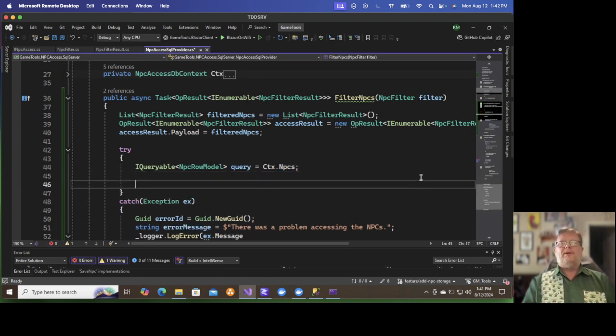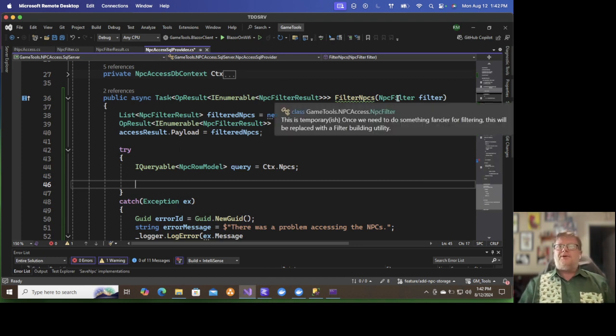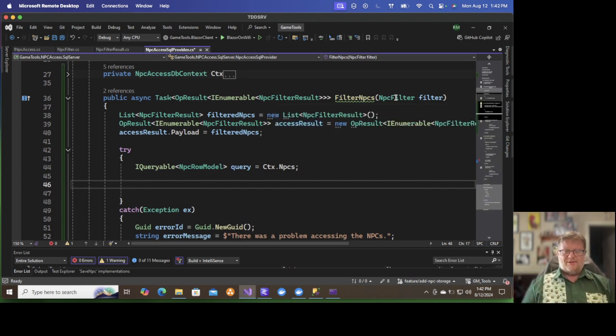Now, the reason I'm doing this with an IQueryable and not a complex LINQ statement here yet is because the properties on that NpcFilter object might be null. And if they're null, we don't want to impose a filter on those. So, what we're gonna do